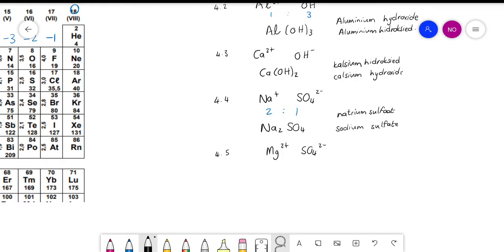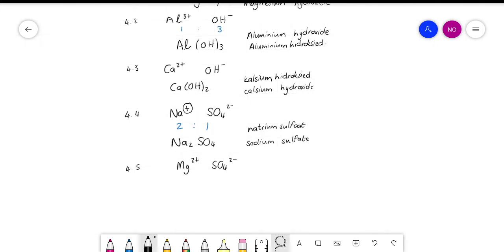Okay, so do you agree that this one has a +1 charge? And this one has a -2 charge? Okay, so I've only got +1, but I've got 2 minuses. And this needs to add up to 0. So if I add another plus here, in other words, another sodium ion, it needs another sodium ion to fill that gap. So an easy way to think about it is if you think about the sulfate ion,